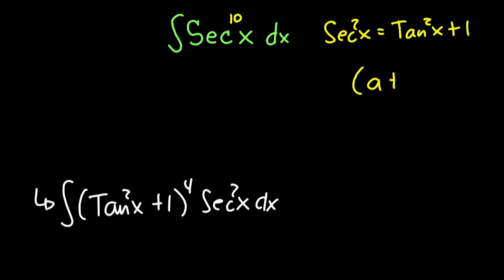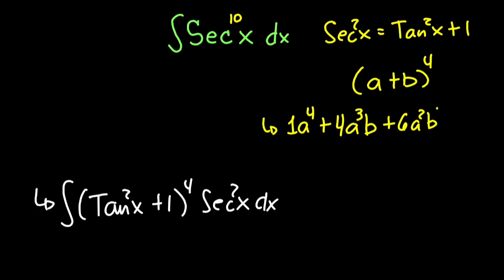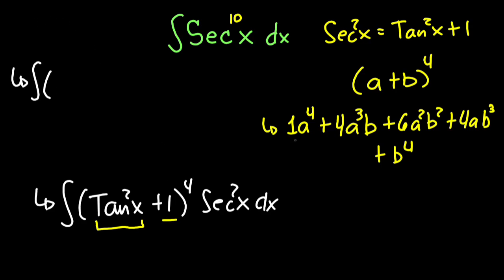The formula for this, a plus b to the power of 4, would be 1a to the power of 4 plus 4a cubed multiplied by b plus 6a squared multiplied by b squared plus 4ab cubed plus b to the power of 4, wherein a here would be representing tangent squared of x and b here would be 1, which makes this the integral of 1a to the power of 4, which would be tan squared of x to the power of 4, which makes this tan to the power 8 of x,